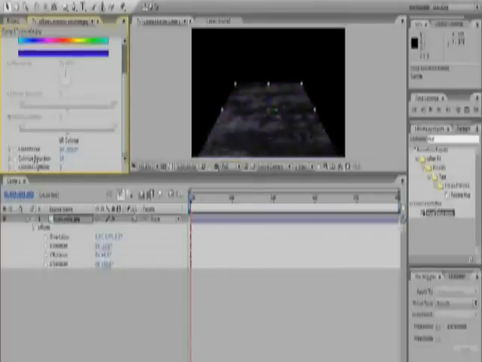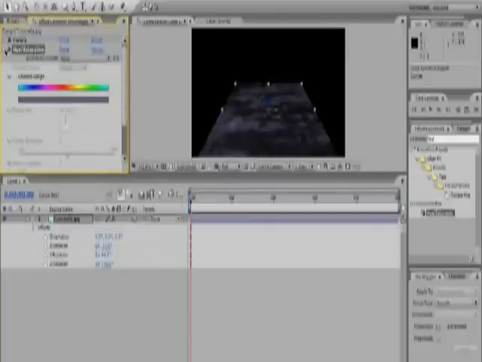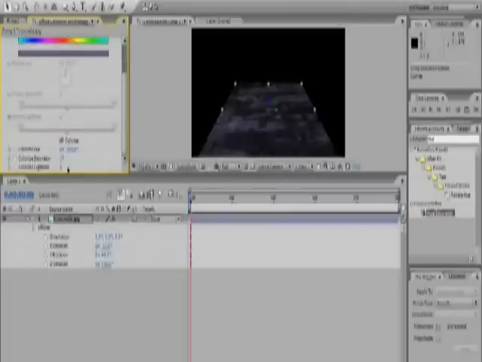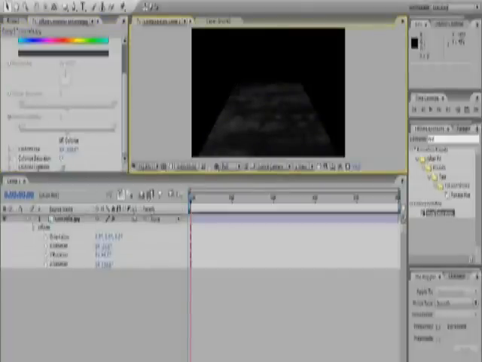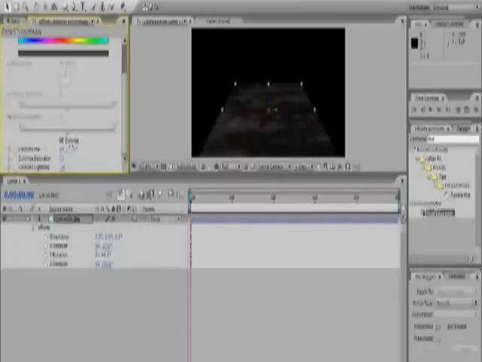Okay, let's bring down the saturation till we get sort of a pale blue. It's looking a little too gray. Let's change this color to